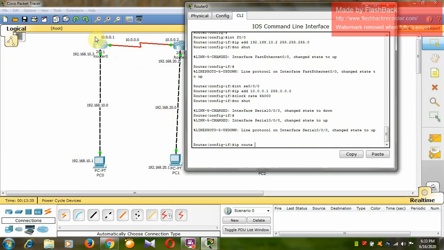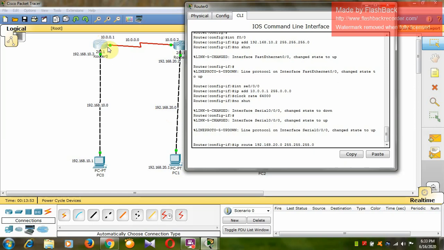So I am going to tell my router 0 about this network. Okay, ip route 192.168.20.0 255.255.255.0. Now you have to write the next hop address.